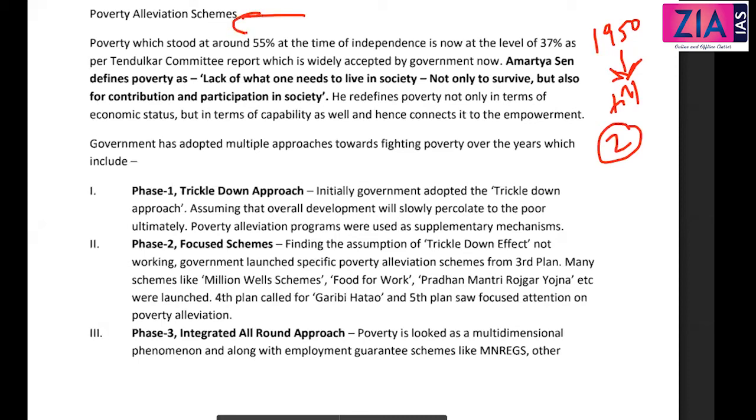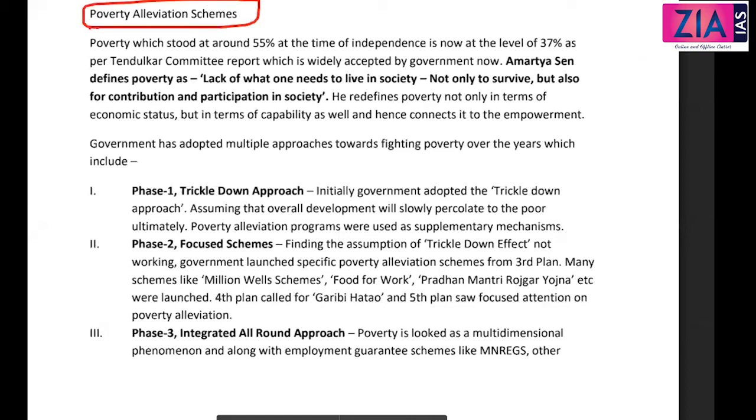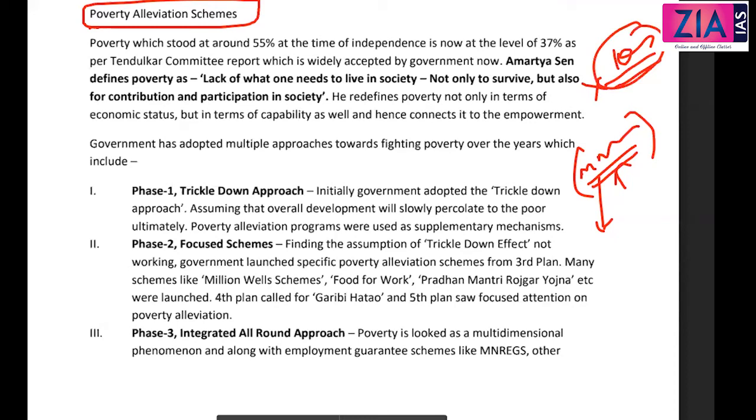Now, what questions can you expect from here? The poverty alleviation scheme topic is there in your syllabus, so they will ask you simply about MGNREGA, and we all know what MGNREGA is. But what you need to write in your answer is the social dimension. How is it helping in the empowerment of women? How is it reducing poverty? How is it increasing consumerism? How is it reducing the rural-urban divide? All these things you need to write in your answer. There is no point in writing 100 days of employment, labor force participation rate, guarantee and all those things. Not expected. That is from the economic side.